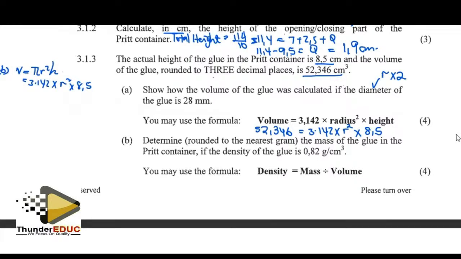The volume was given to us as 52,346. So 52,346 equals, when you multiply the pi and this number here with the height, 26,70 times the r squared, because the r is missing. So what do I need to do? I need to divide through by